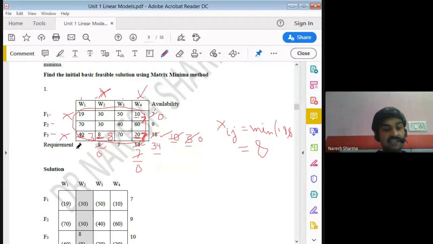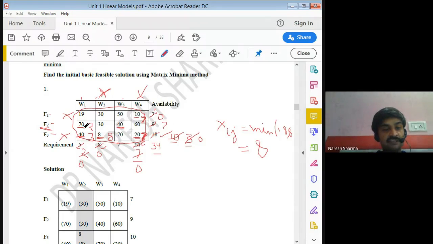So I allocate this 3 here, so that factory availability is complete. And here we require 2 more units. So we have only one location balanced in this particular column. So this can be fulfilled by using this cost 70, at this location 2 1 only. So we write here, because only one location is available now. So we provide 2 units to warehouse first from the factory second. So I am writing here 2. If I write here 2, its requirement is fulfilled and availability at factory is 7 more units.